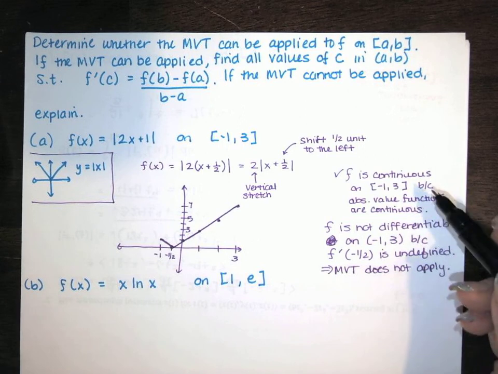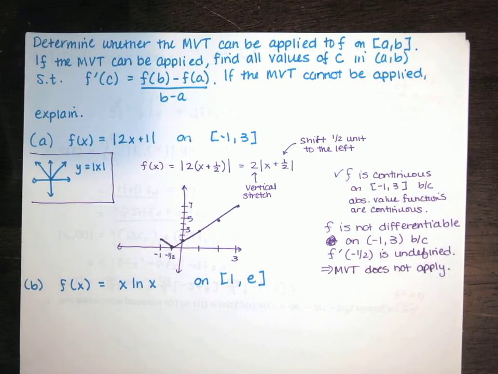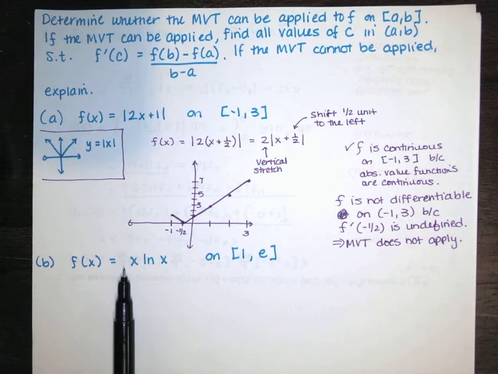So you're checking for two things, continuity and differentiability. Absolute value, as soon as I see absolute value, I'm thinking sharp corner, it's probably not going to work out very well. Okay. Now, with logarithms,